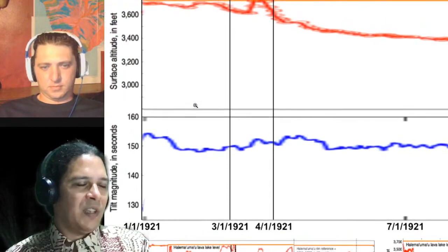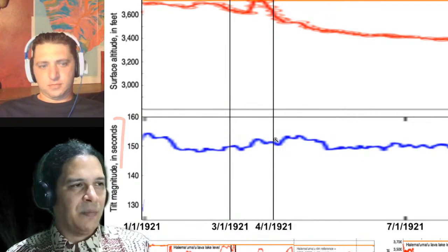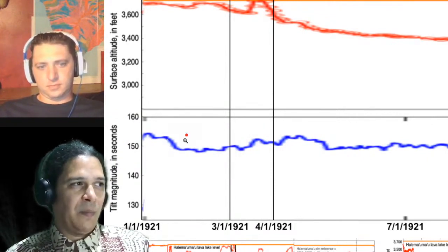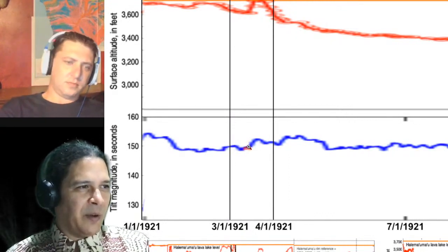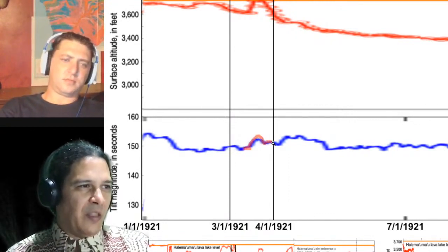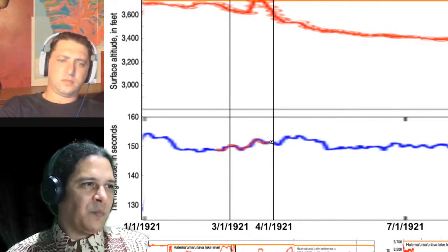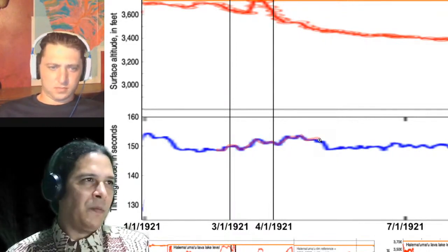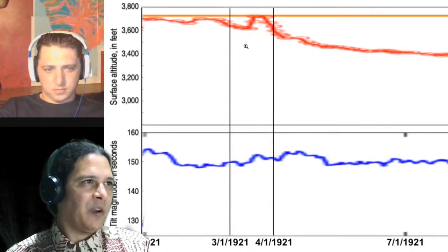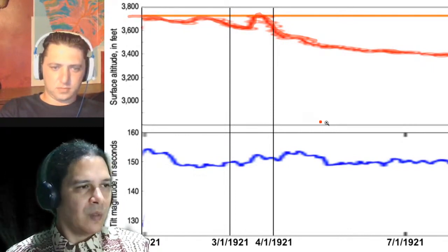Okay, so, because we're interested in something like the tilt, right? How much tilt variation was it? Well, this is showing it in seconds and not microradians, so there's another factor of 5 something that is applied here, right? But you can see that in mid-May there is a rise in the tilt, and there are lots of these rises. So you can see that these probably did correspond to the changes in lava level to some degree. If you look a little higher up here, lava level, highest at the surface there, almost reaching the rim, right in there,